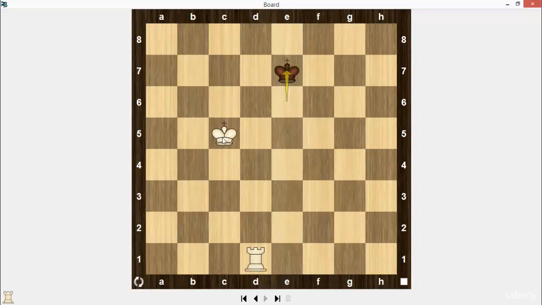king e7, king c6, king e6, rook e1 check. Now the king moves to the f file, king f6, king d6, king f5, rook e8, king f4, king d5, king f3, king d4, king f2, king d3, king f1, king d2,